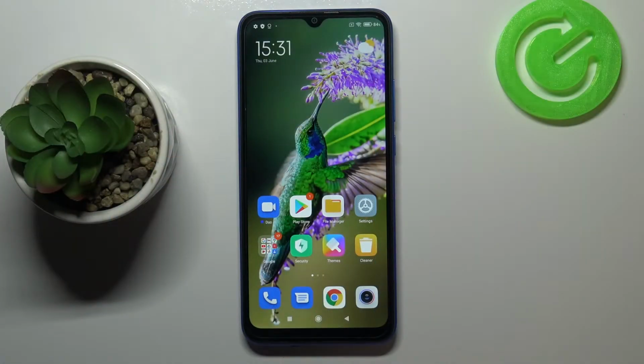Hi everyone, here we've got Xiaomi Redmi 9AT and let me share with you how to set camera timer on